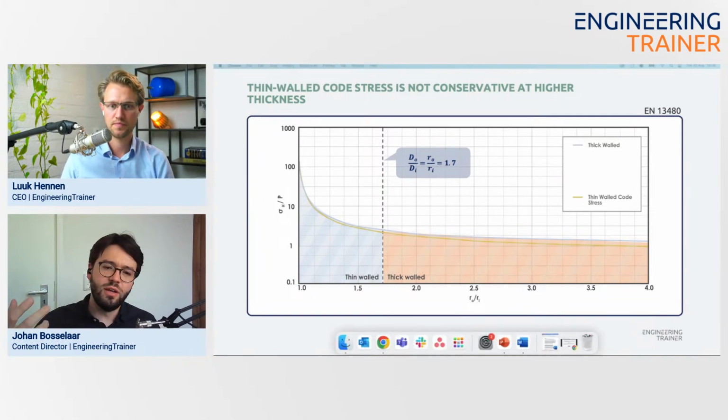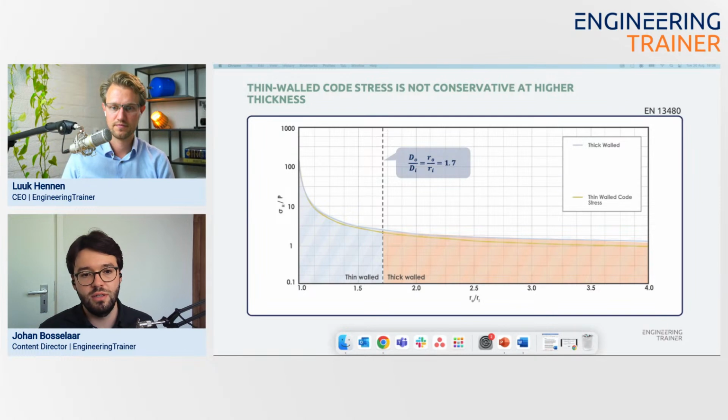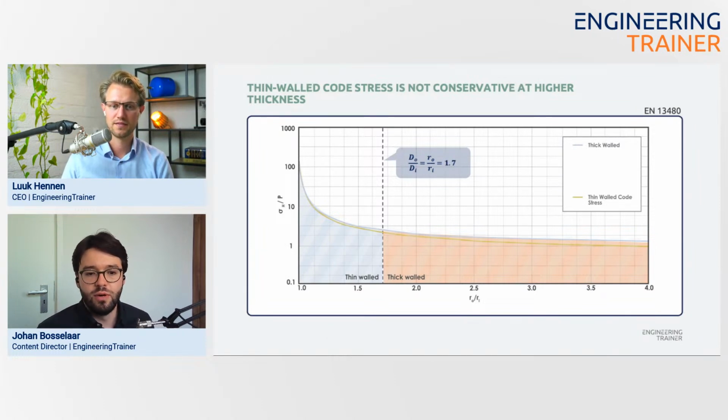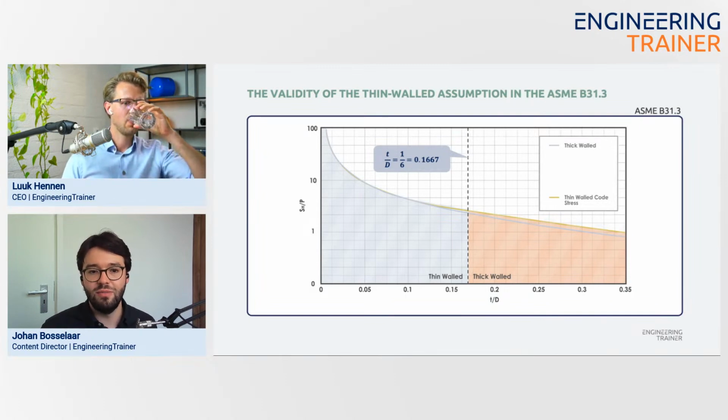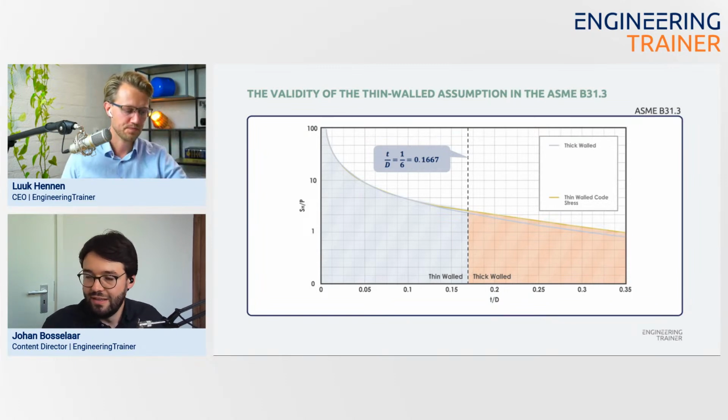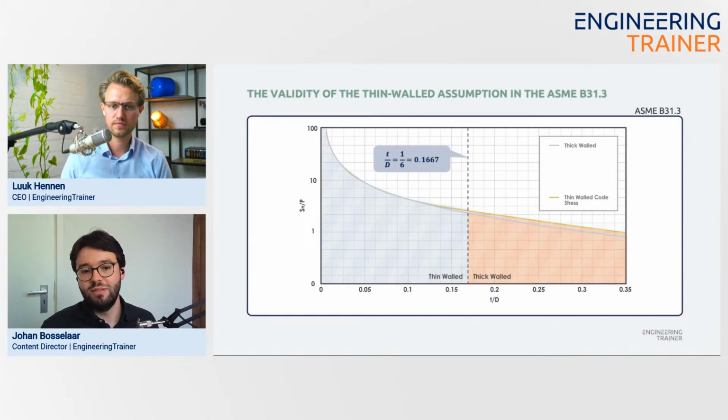So I think for the EN code, it's quite a hard limit. So they say, okay, when you reach this point, you have to use a different approach. So you have to use these Lamé equations, or at least the equations that they provide. And for the ASME code, there is a bit more engineering judgment involved. They say, okay, you have to use a more relevant equation or theory, and they provide it themselves in chapter 9 of the code,